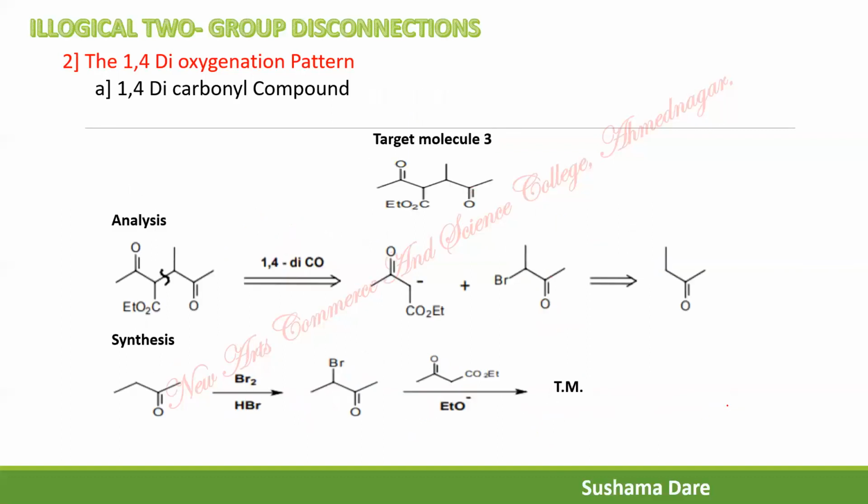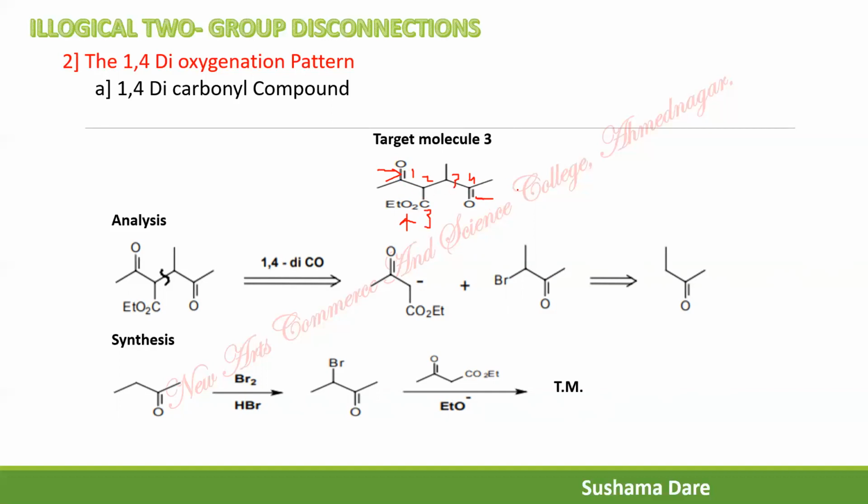Now this is the next target molecule. Ask the question to the target molecule, which are the different functional groups. So a carbonyl group is there, here is also a carbonyl group, here is also a carbonyl group. Let us find out the relation among these. So for that you start writing down the numbers 1, 2, 3 and 4. So this is a 1,4-dicarbonyl compound and this one is a 1,3-dicarbonyl compound.